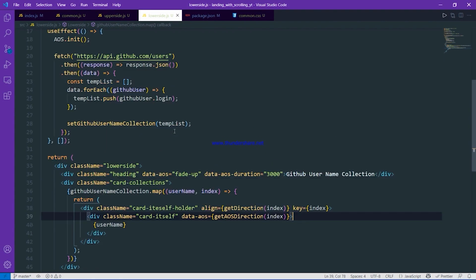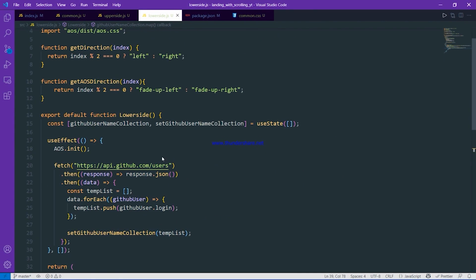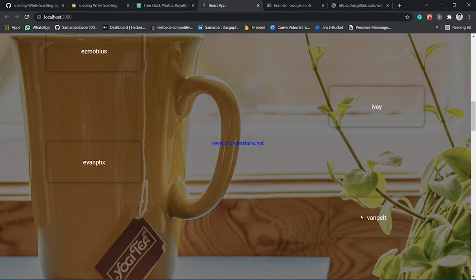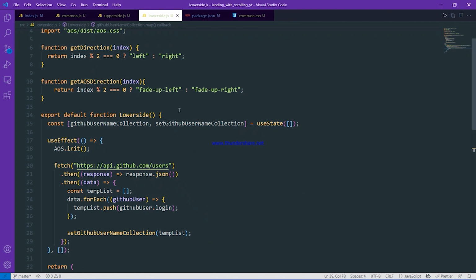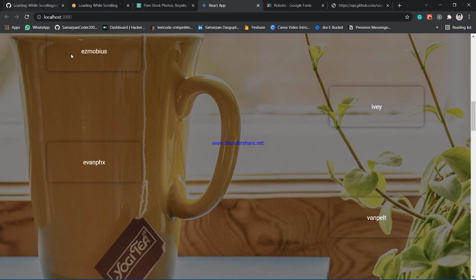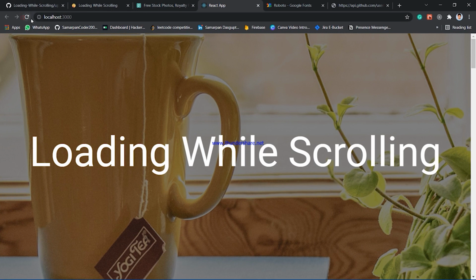One minute, I made a mistake, sorry. For the left side cut, it will come to the right, and for the right side cut, it will take left. So sorry, my bad. For the left side, it will be to the right, and for the right side, it will be to the left. So if I refresh it here,